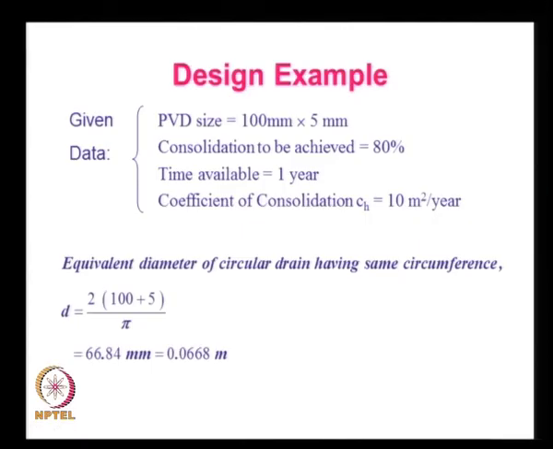And the first thing is, because our PVD is rectangular in shape, we need to convert it to an equivalent circle, because all our solutions are given only for radial geometry or the polar coordinates. So, our pi d, if d is the equivalent diameter of the PVD, pi d is the circumference of the PVD, that is 2 times 100 plus 5, and so this equivalent diameter is 66.8 millimeters or 0.0668 meters,